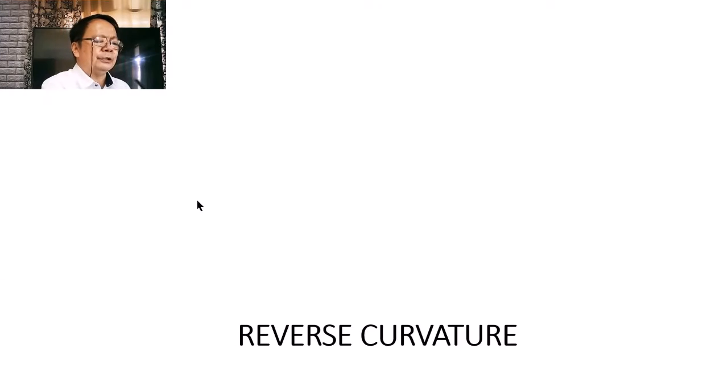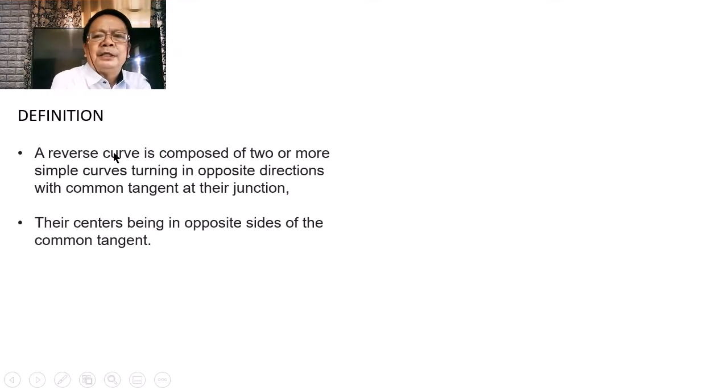So, puntahan natin guys itong definition ng reverse curvature. Pag sinabi nating reverse curvature, this is composed of two or more simple curves that are turning in the opposite directions and with their common tangents at their junctions. So kapag daw ang curves natin ay turning in the different direction, unlike in the compound curvature where they are turning in the same directions, then we have what we call a reverse curvature. And in the reverse curvature, the centers of the curves are located in the opposite sides of the